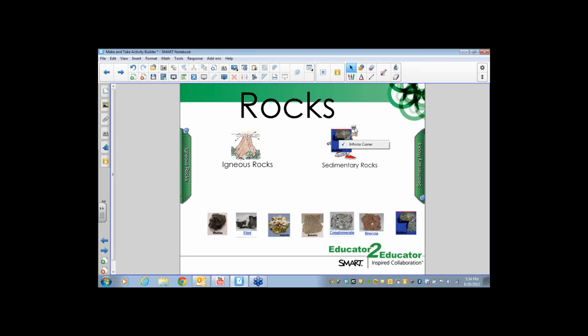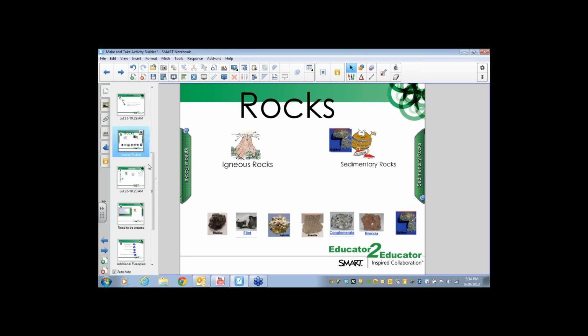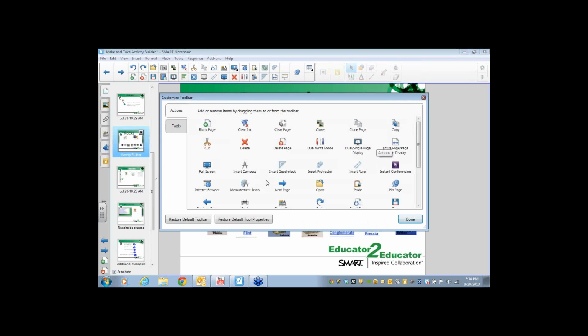Well, while you're doing that, will you click on that little gear up in the corner and show them how to add the icon for reset the page, because I think that's valuable not just for Activity Builder. It is very valuable. And so reset the page. There's that little cog in the corner. I don't know if you guys can see it. Let me move down this. It's right here. And once you click on that, reset the page is right here.